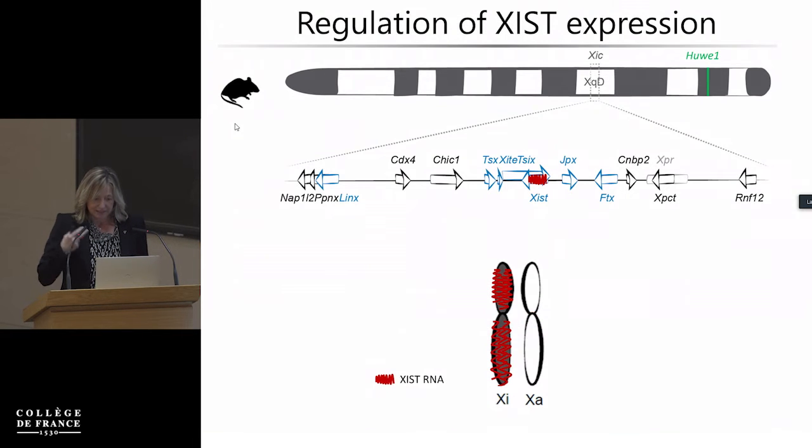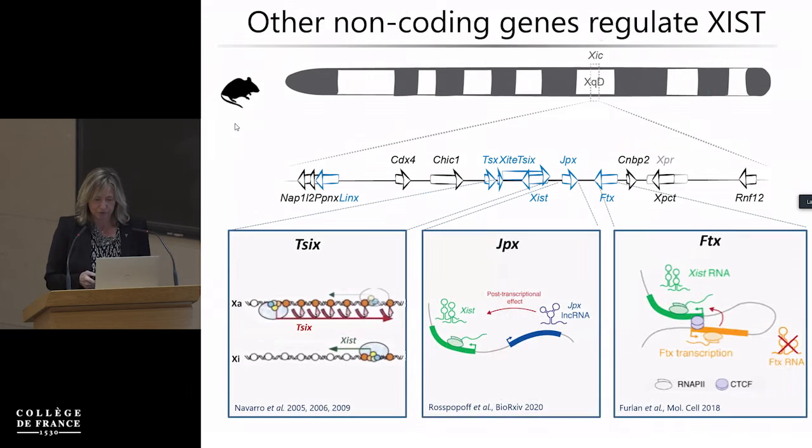So GXIST is essential. It triggers X chromosome inactivation, and so it is key that the regulation of GXIST expression is very well done, so that you make sure that you have only one X that is inactivated and only in female cells. So in the past years, we've been interested in understanding how this regulation was achieved, and I will really